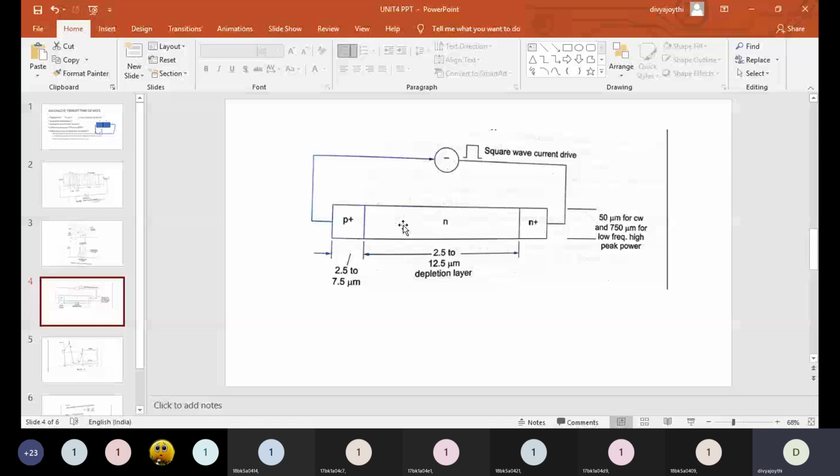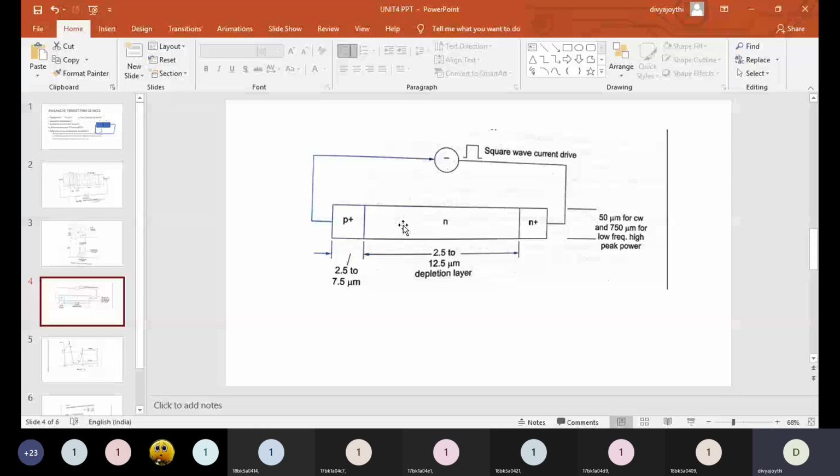Keenly observe this solid line. A to B represents charging of the diode. B to C as well as C to D represents formation of plasma. Plasma is going to be formed during this particular time period. From B to D the plasma is formed, and from D to E the plasma is extracted.